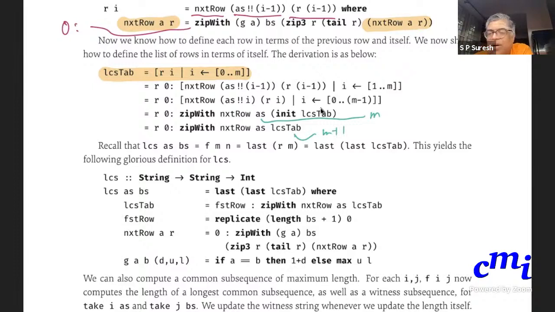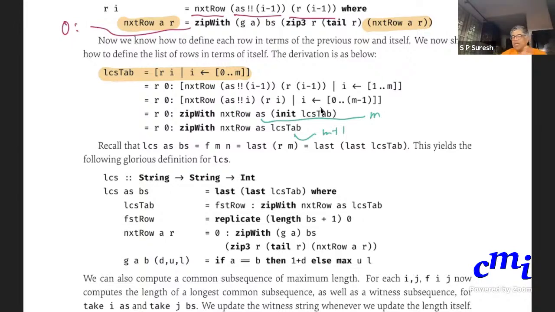The way zipWith works, it will ignore the last element of LCS tab. So this is your ultimate definition: LCS tab equals R0 followed by zipWith of next row, A's, LCS tab. Finally you achieved your holy grail, this very tight self loop.